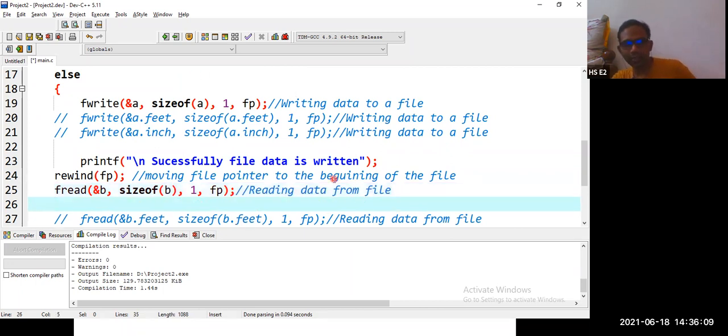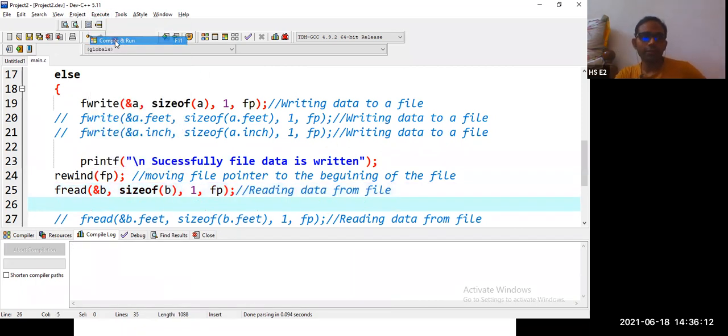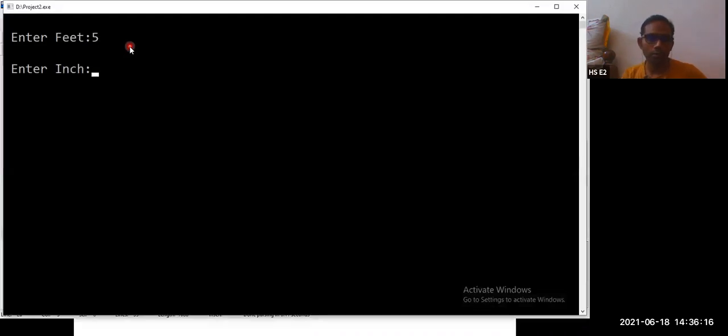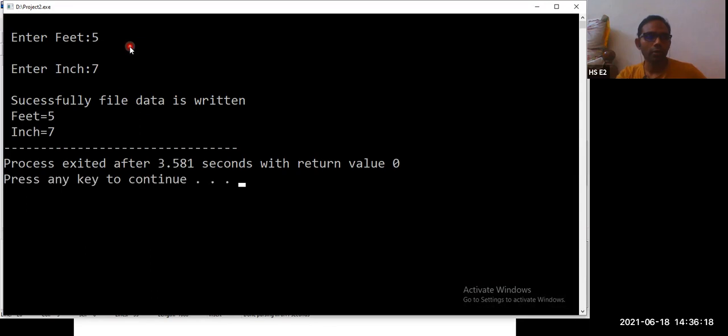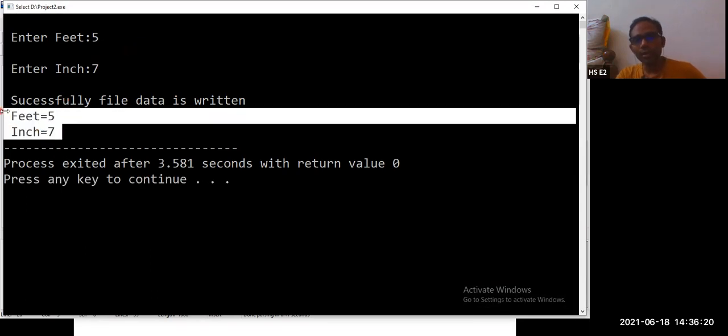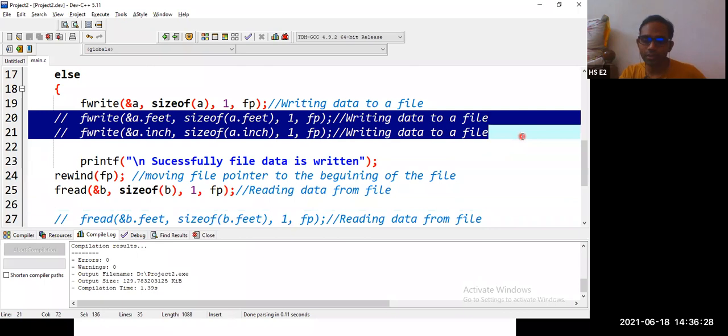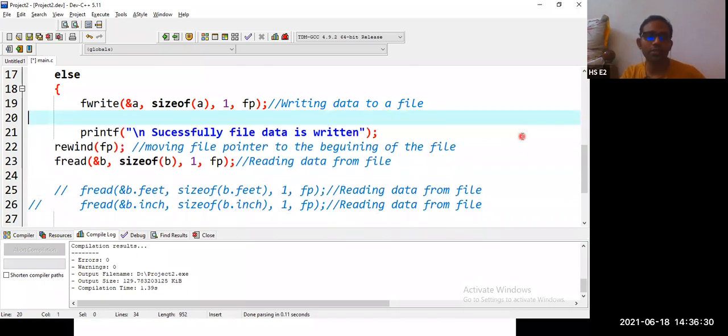This is just a try. Let us hope that if it gets executed, then it is wonderful information. 5.7. Wow. So we need not write individual values with fwrite. That is another modification. One fwrite is sufficient to insert the data related to a structure.